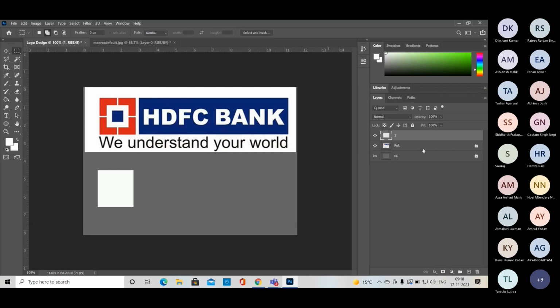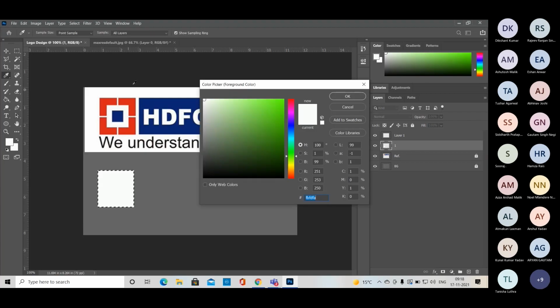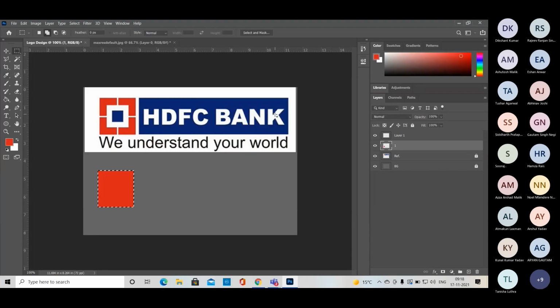So just drop this idea and take another layer. And we want to take the blue tone only, or we can take the red tone, right? So I think at first, just click it and take the red tone in the background. So we just take the red tone and then again I fill the red tone here, then Control D, right? Now I have to change the design. I want the white tone, just picking the white tone.